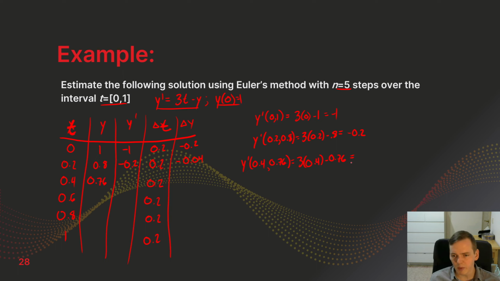So 1.2 minus 0.76 would be 0.44. So that means we're going to go up by 0.88. I think I'm doing these right, but if I make a mistake in my algebra, you can just kind